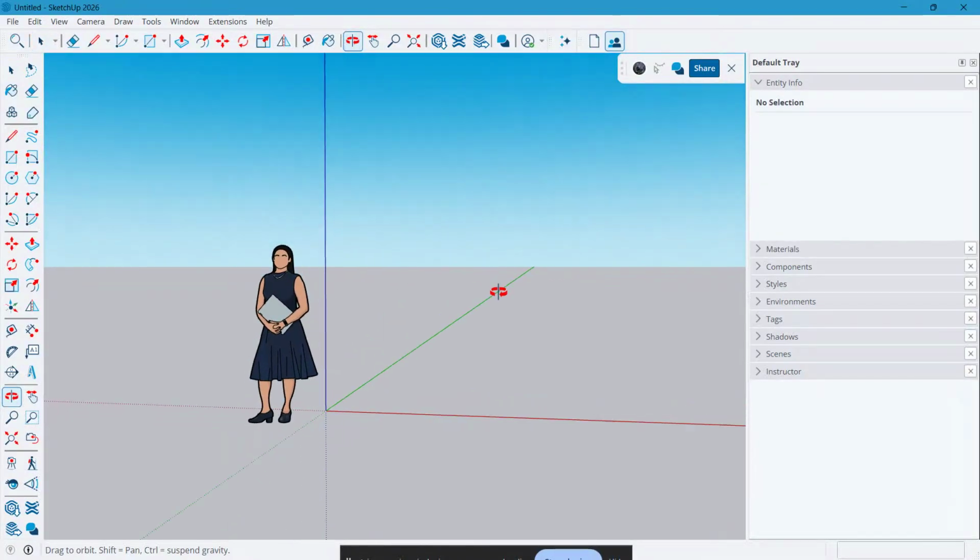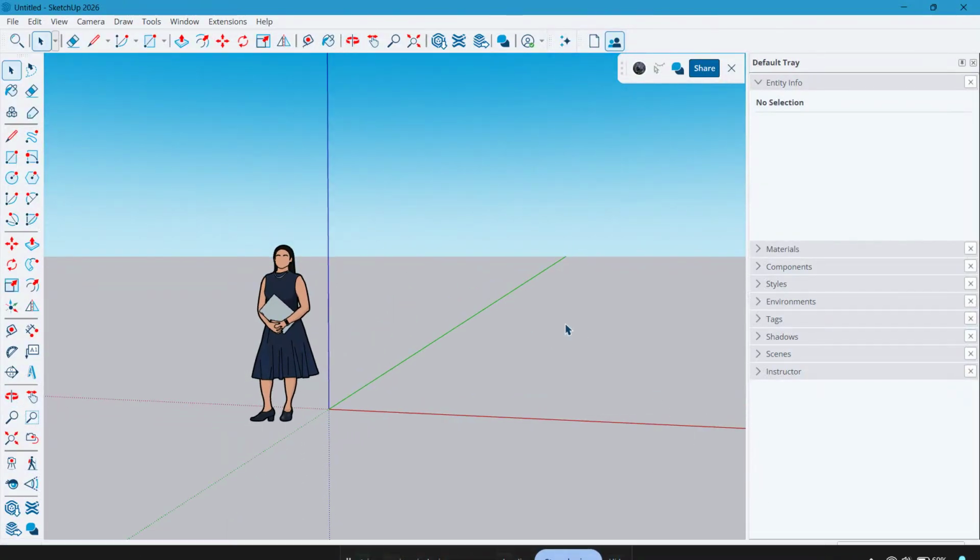If SketchUp is showing a 404 error, don't worry, because this usually means the page, help article, 3D Warehouse model, or Extension Warehouse link you're trying to open is missing, moved, or temporarily unavailable. In this video, I'll show you the most effective fixes step by step so you can get SketchUp working again